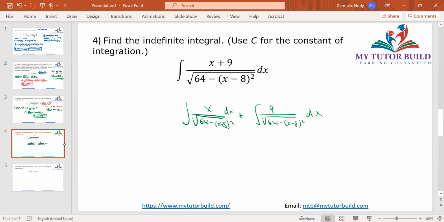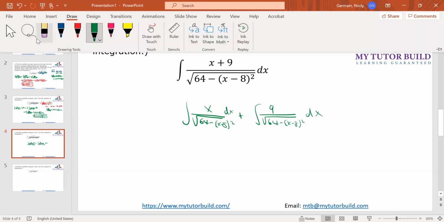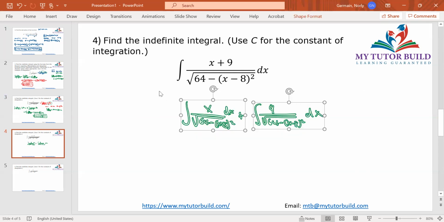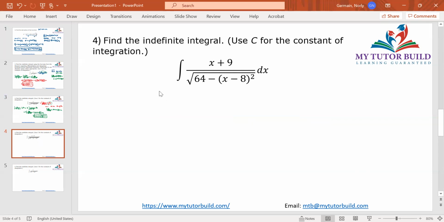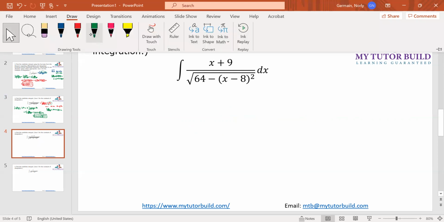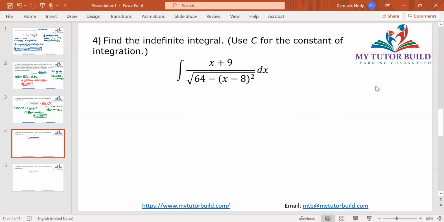But in our problem, look at the first one. While the second one is possible, for the first one, we have an x in the numerator that we won't be able to do anything with. So unfortunately, we cannot use this property to split the denominator. So we need to come up with a different strategy. One of the strategies you probably could remember, there is one formula that says, okay, so we have